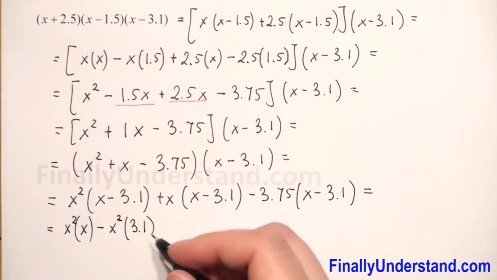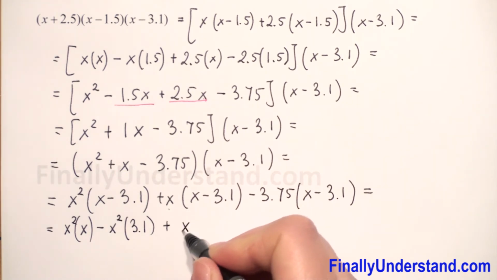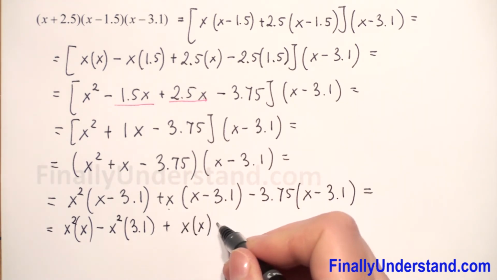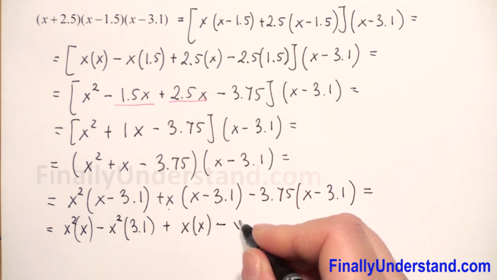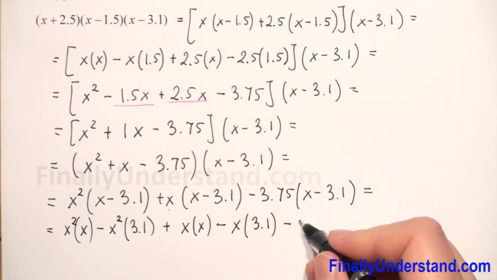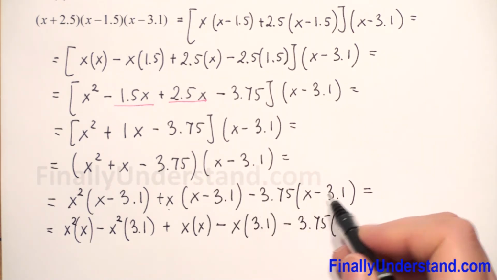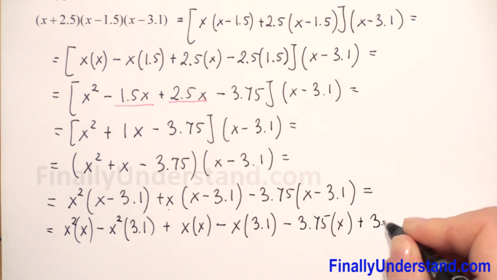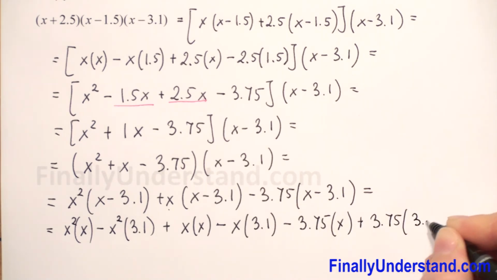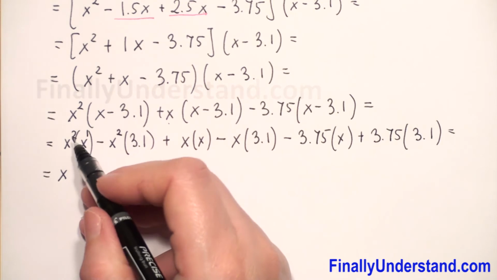We can write x in parentheses, and again we use the distributive law of multiplication, so it will be x times x, then positive times negative will be negative, x times 3.1, and now we have negative 3.75 times x, and negative times negative gives me positive 3.75 times 3.1. So this is equal. When we have multiplication with the same base, we copy the base and add the exponents. So we have an invisible 1, 2 plus 1 is 3,